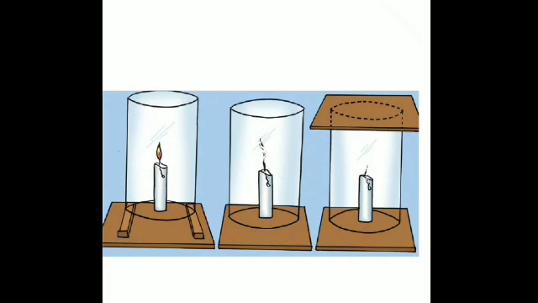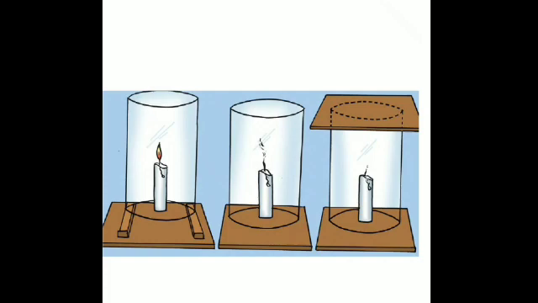I had shown you an activity, when a gas jar containing carbon dioxide is introduced on a gas jar containing a burning candle. Then what does the carbon dioxide do? It insulates the burning substance by cutting off the supply of oxygen. It settles on the burning candle and cuts off the supply of oxygen. Is it clear? And the candle gets extinguished.